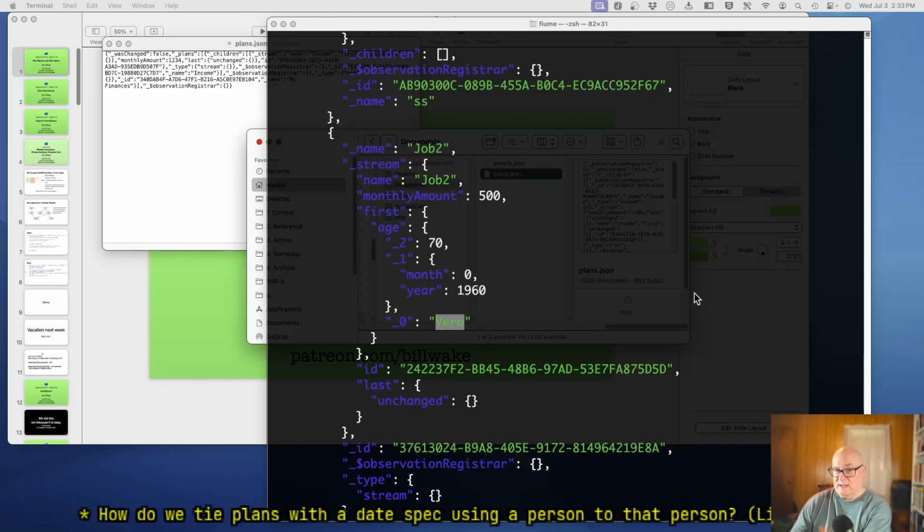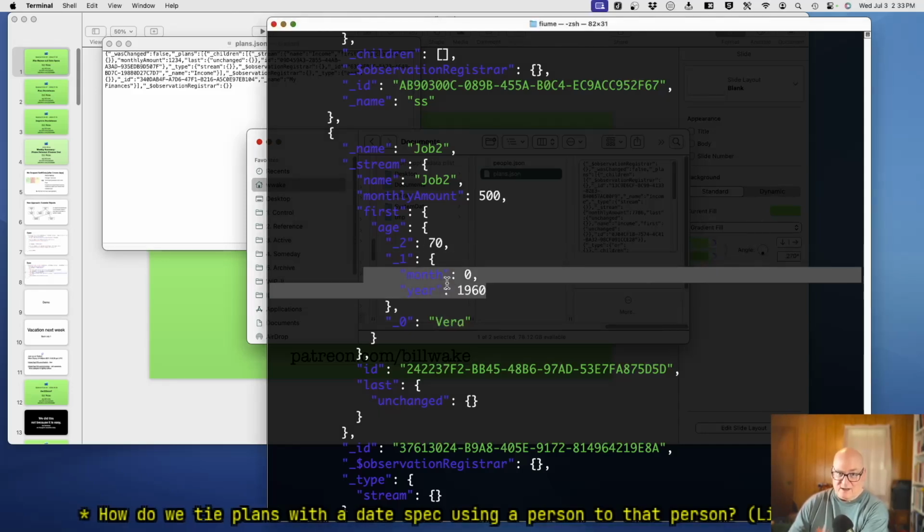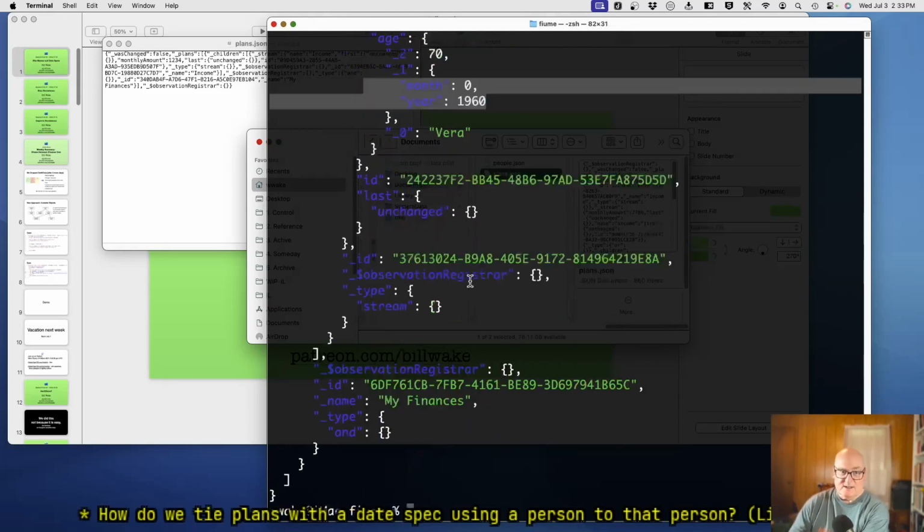Well, we'll just say, oh, okay, that's 2030, because we have all the information right here. But there is no Vera anymore, so that doesn't seem right. And also it seems like sort of a normal form violation, right? We're tracking this birthday in 2 places.